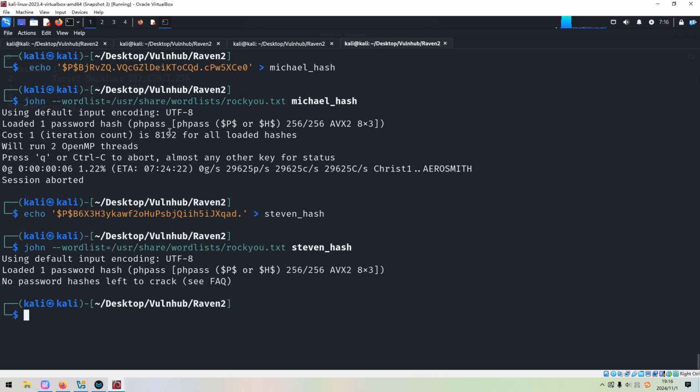But again, no password. No password. I want to tell you, with this machine, I cannot retrieve the password for both users.